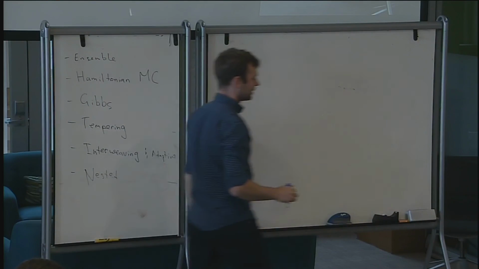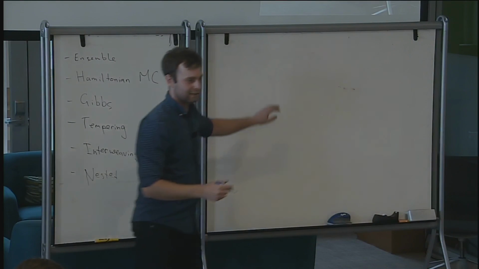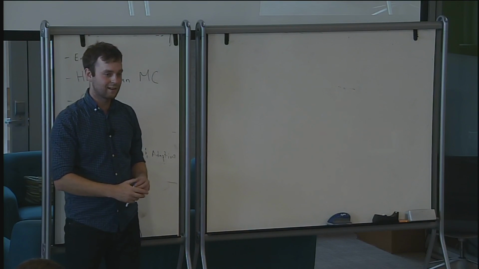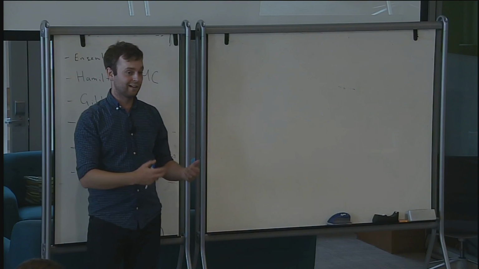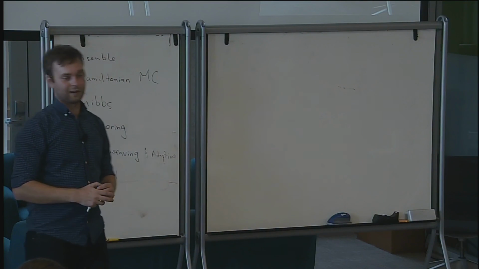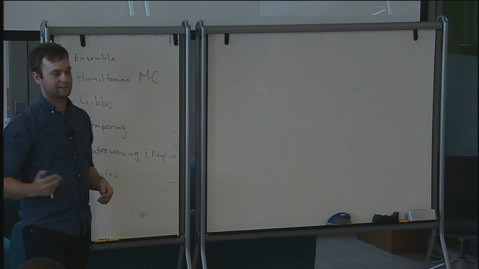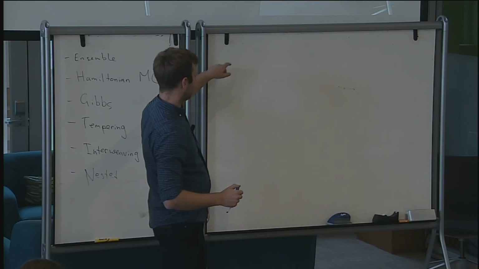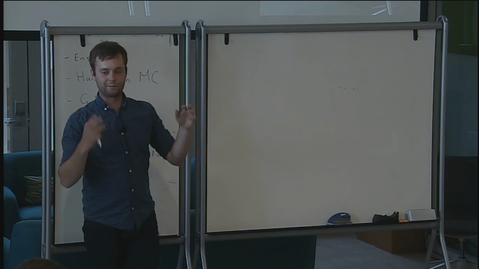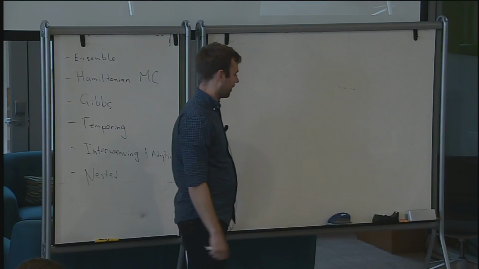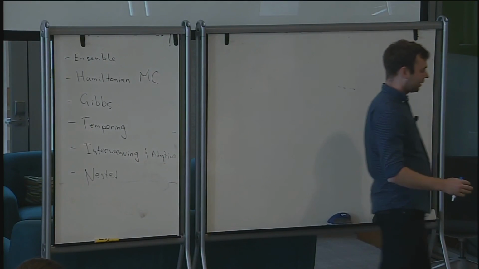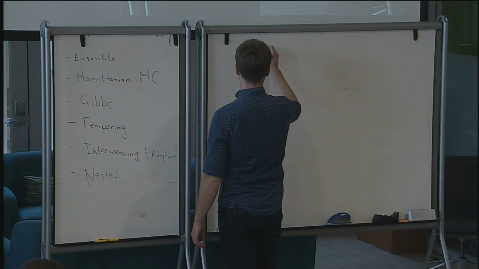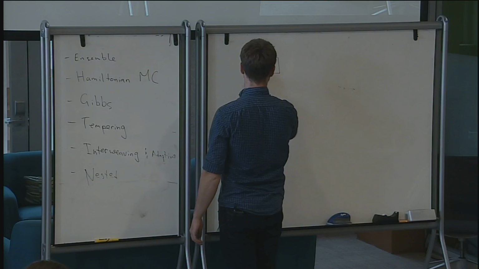The first thing I wanted to say is, well, I just erased it, but as we heard yesterday, you should always look at the trace plots. I don't think those necessarily go into your paper, but they're very useful for debugging. You should always plot them, and if something crazy is going on there, then you should figure out what's happening. That's just the chain as a function of time in whatever parameters or collection of parameters that you care about. But then another one that's useful is to make a scatter plot matrix or a corner plot